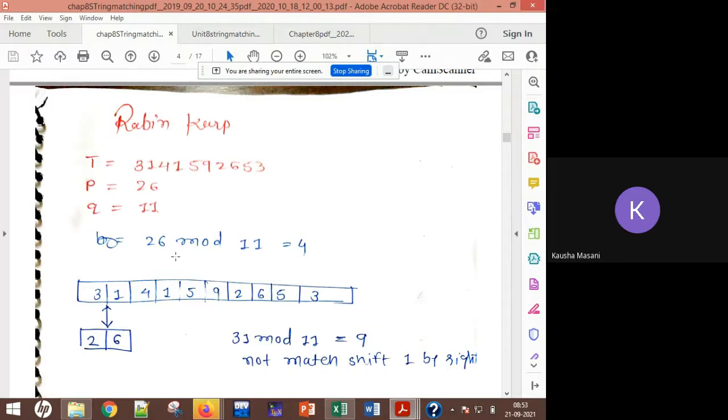So what we will do here is 26 mod 11. Why 26? Number of alphabets. We are finding the hash function using the number of alphabets, that is 26 mod 11. 26 is the number of alphabets that you need to remember. In some of the books you refer to, there will be one d value. That d value is nothing but your alphabet length, and that is a total of 26 alphabets. So 26 mod 11 will give you 4. Now you will start comparing. All right, this 26 and 31 here.